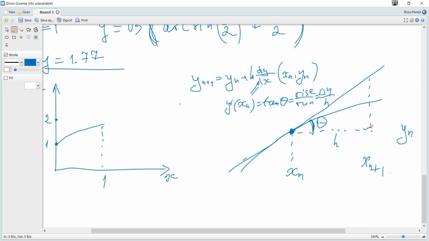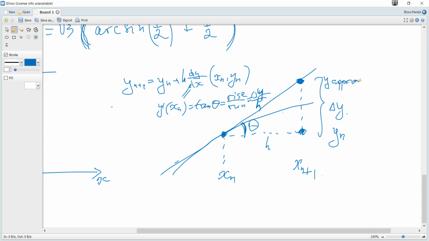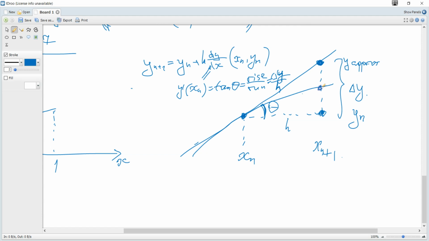So the next point is x plus h, and you can see that the next y value is the current y value plus h multiplied by the derivative. The derivative is delta y over h, so h cancels and this becomes delta y, so this is y approximate. But you can see there is the true or exact value, y exact, and hence our estimated value is greater,